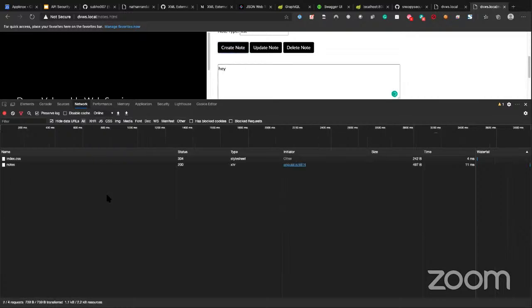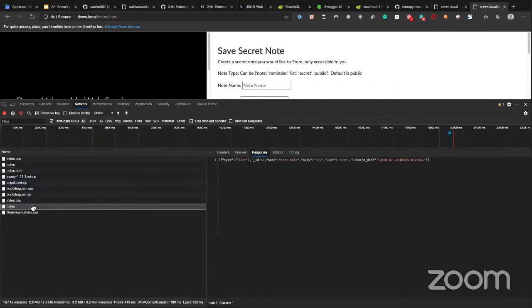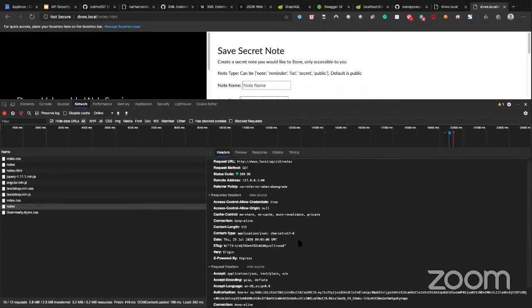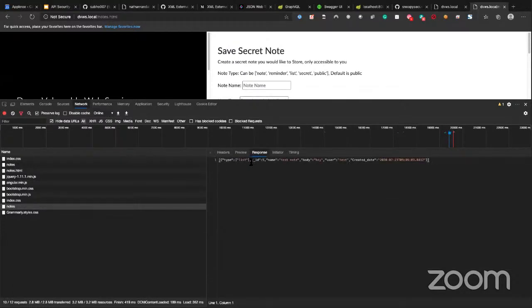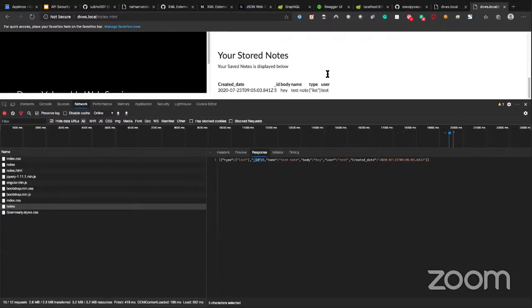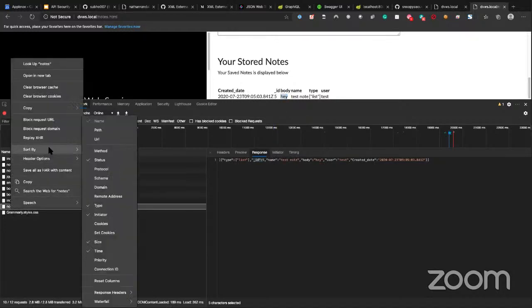when I create the note, I can see that it actually calls the notes API, as you can see over here. If you look at the headers of the request, it is requesting this API endpoint slash API slash v2 slash notes. But if you look at the response, you can see there is an internal ID coming. So if I want to view the notes for mine, probably I can just copy this,